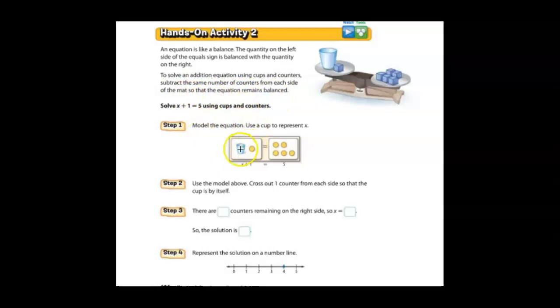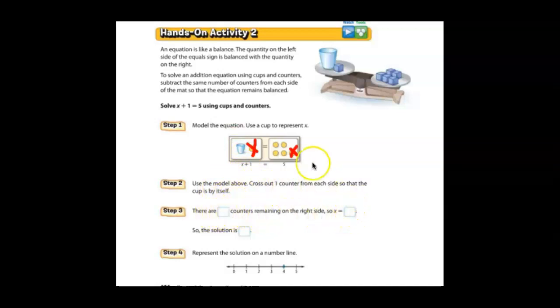So in this particular picture, a cup is representing the unknown amount, which they wrote down here as an x. X plus 1 counter is equal to 5 counters. So x plus 1 equals 5. We want to get the x by itself and find out how much the x is equal to. So in order to do that, we're going to cross out one counter from the right and get rid of this counter on the left, so we only have the x remaining. So if we cross out one counter on each side, there are blank counters remaining on the right side,